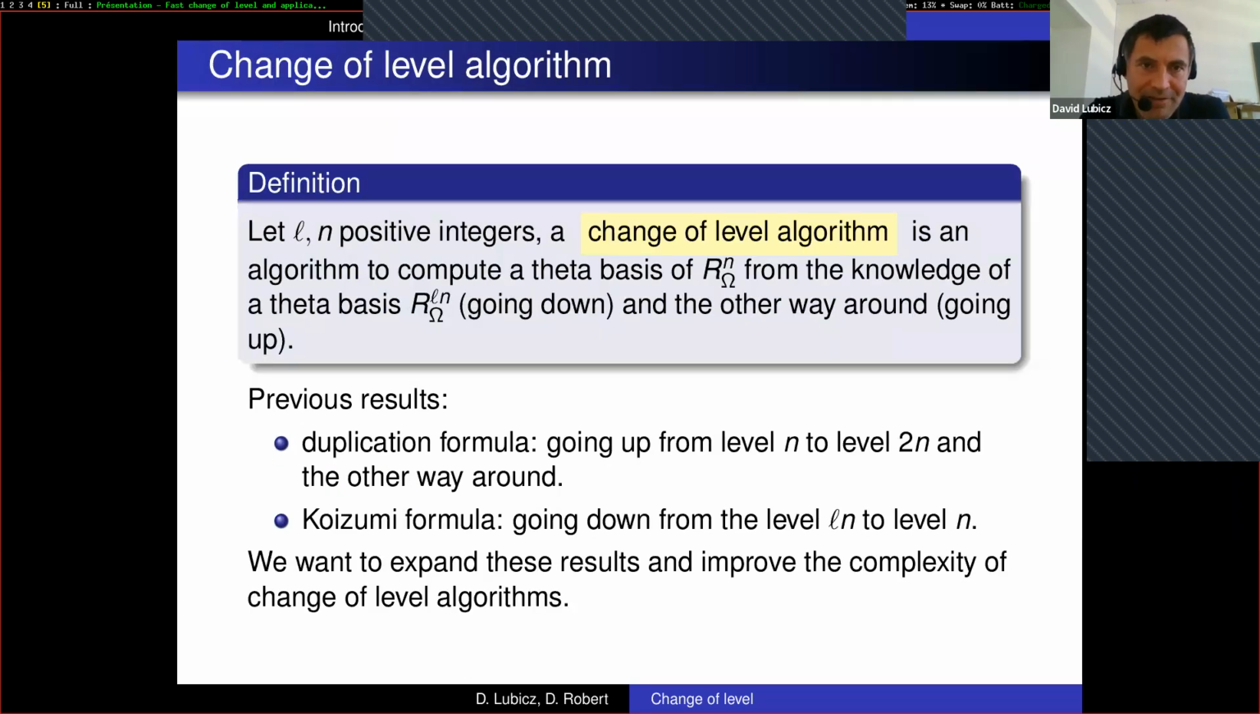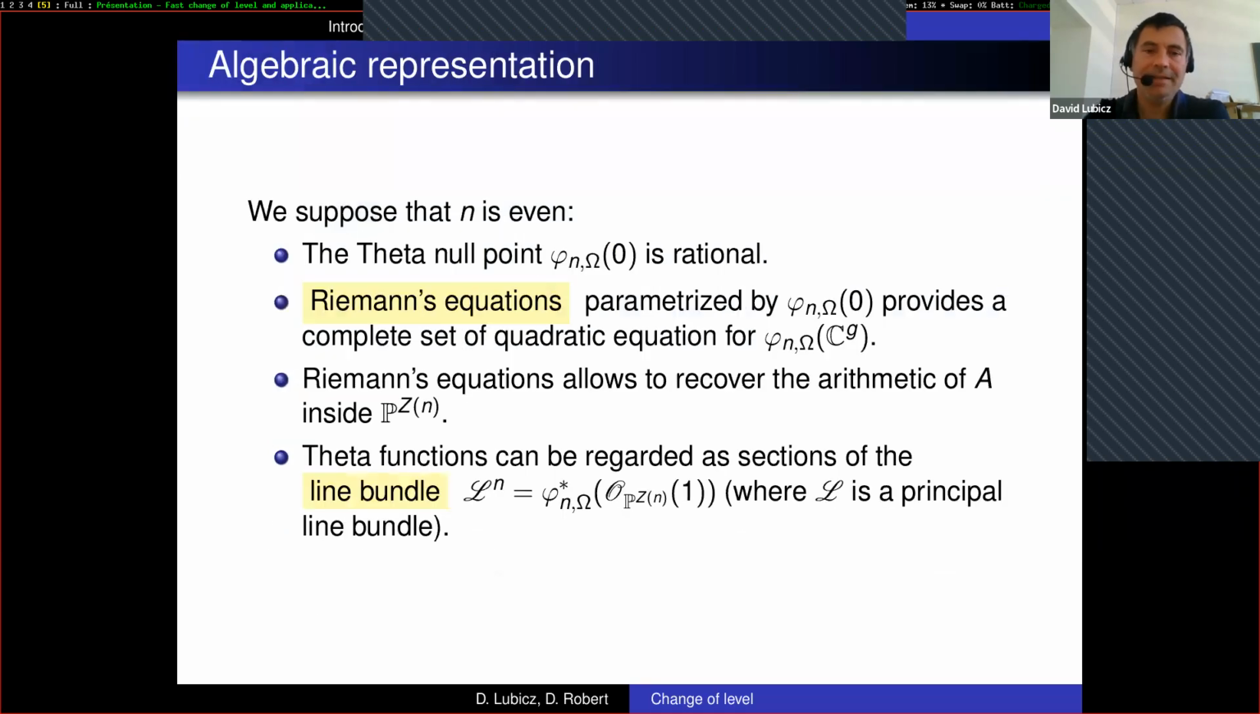So far, I've given you a first flavor of the change of level algorithm, but there is still some analytic stuff embedded in the definition, because there is this omega that we would like to get rid of. And this is why I'm going to talk about the algebraic representation. How are we going to manipulate our Abelian variety? Actually, that will be given by the theta null point, which is a rational point on the projective space. And from the knowledge of this point,